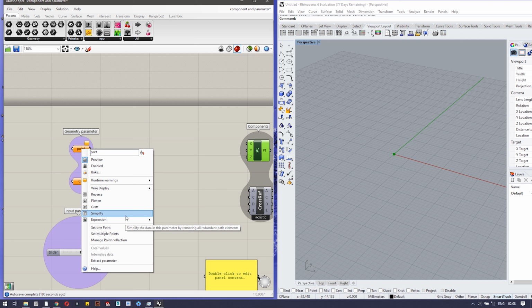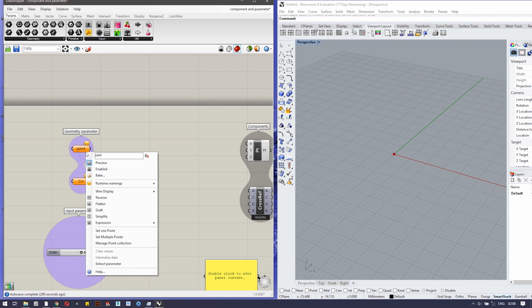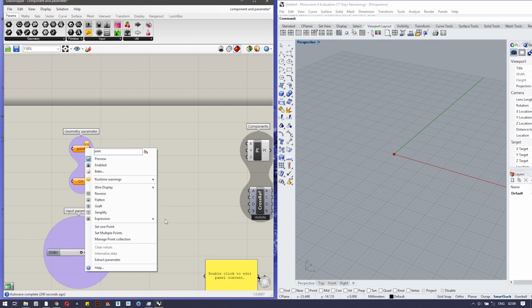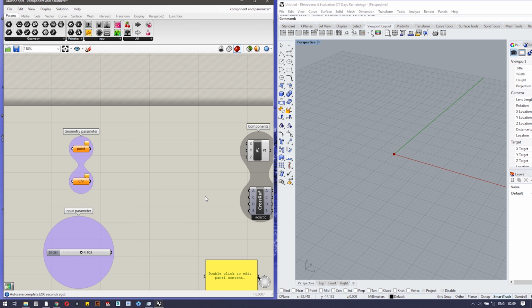And simplify removes the redundant elements from the list. And expression, if something is coming from the input side, you can apply some formula, like you can multiply it by a particular number or anything like that. And let's come here.